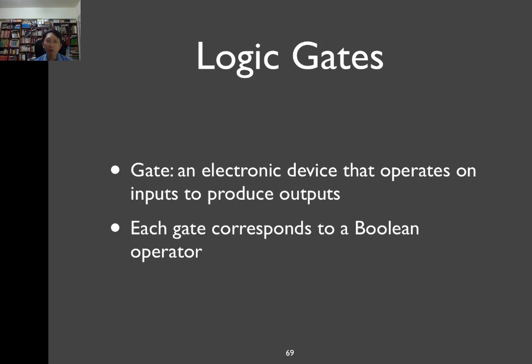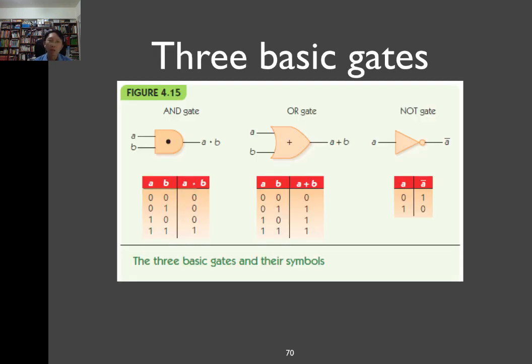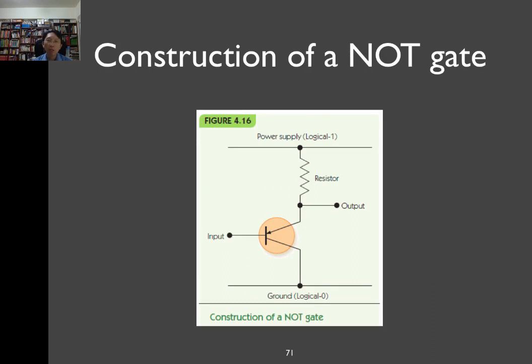Then what is the logic gate？这个逻辑闸是什么意思呢？A gate is an electronic device that operates on inputs to produce outputs。它是一个电子的元件，它从输入呢来决定它的输出。Each gate corresponds to a Boolean operator. 每一个逻辑闸呢，会对应到我们刚刚介绍的布林运算子。These are the three basic gates and their symbols。那这边的三个闸呢，AND gate、OR gate、NOT gate 都有它对应的符号。那这个会是接下来我们都会用这个符号来代表它们的作用。那底下也有它对应的真值表。